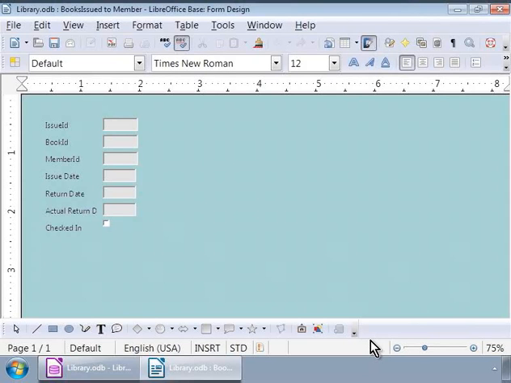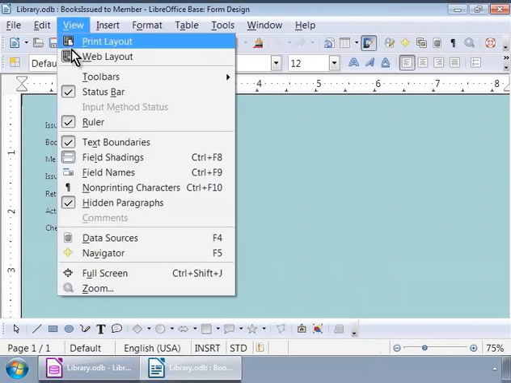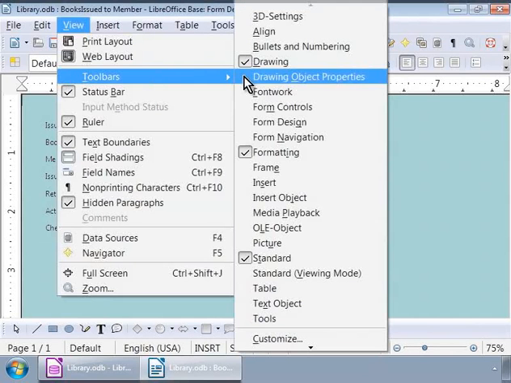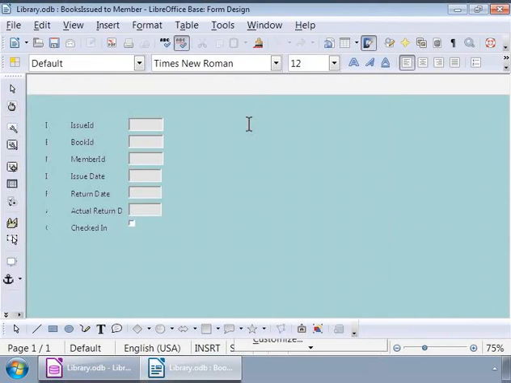To ungroup all the form elements in one shot, we need to first select all the form elements. To do this, let us first open up the Form Design toolbar by clicking on the View menu at the top, then click on Toolbars and then click on Form Design.